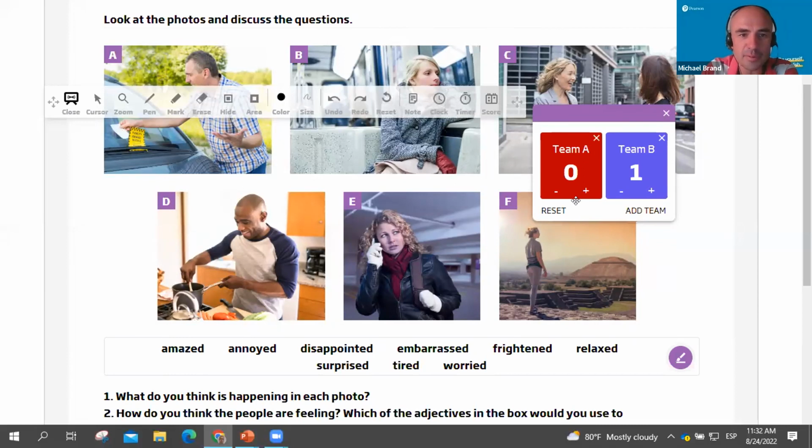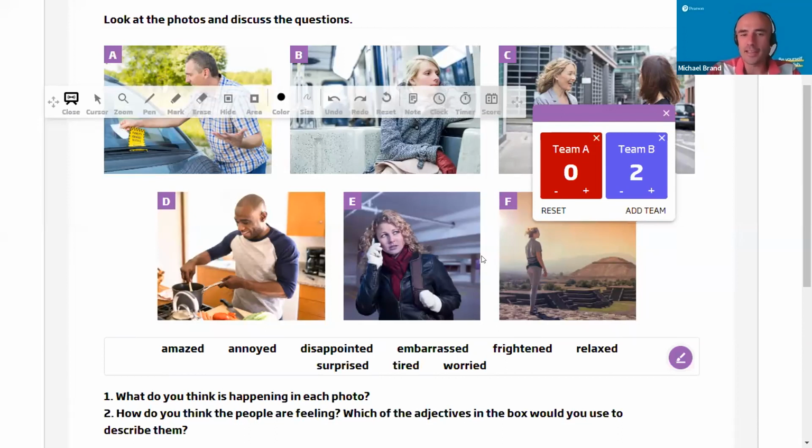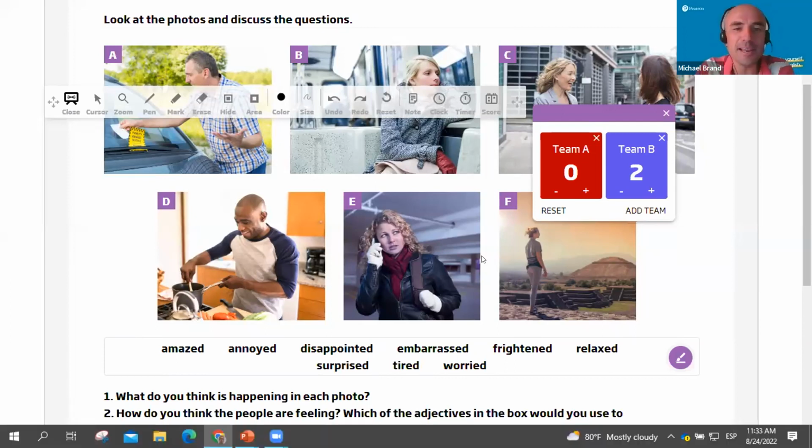I was amazed when I saw Big Ben. Okay, it's quite a big clock, isn't it? And that was, is it Matija or Matija? I'm not sure how to pronounce the J. But anyway, your name begins with an M, so you're going to get a point for team B as well. Okay, I think you catch my amazed by how quickly my learners learn. That's a great one. Anyway, I think you catch my drift here. I'm just trying to show an example of what I might use the scoreboard for.